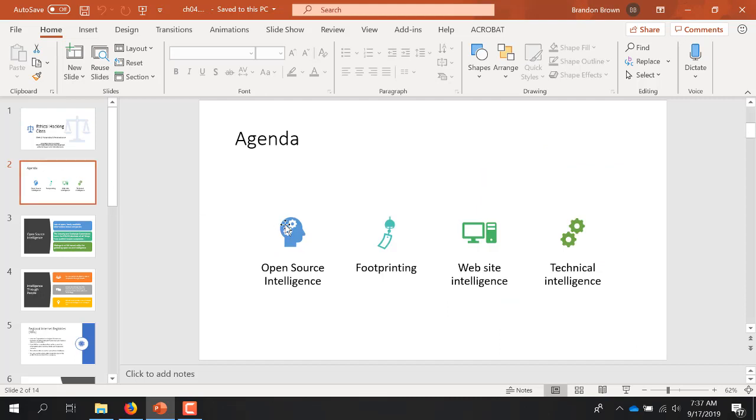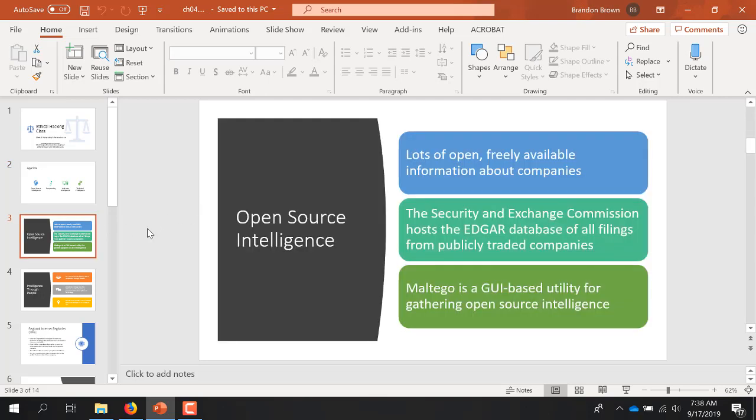So what we're going to be looking at this week is OSINT, or Open Source Intelligence, footprinting, website intelligence, some technical intelligence, along with port scanning, privacy, confidentiality, some data analysis, and vulnerability scanning. So open source intelligence covers freely available information that you can garner off of the web through regular everyday tools such as Google or other search engines, and other types of tools such as NSLookup, Whois, and